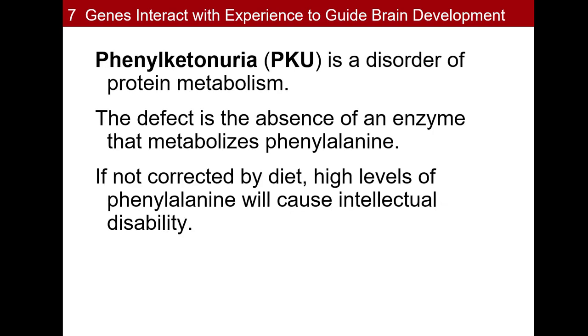Okay, another disorder here that's a really interesting interaction between genotype and phenotype. So Phenylketonuria, long name, for a disorder that happens when you don't have the enzyme that's needed to break down the amino acid phenylalanine. So what happens is that the individual will take in a lot of phenylalanine just from a typical diet, but because their body is not able to break it down, then it can build up to dangerous levels and cause intellectual disability. That's one of the prominent symptoms here.